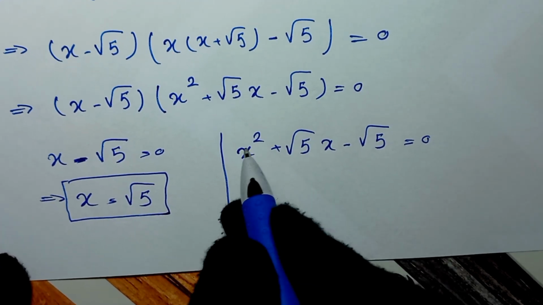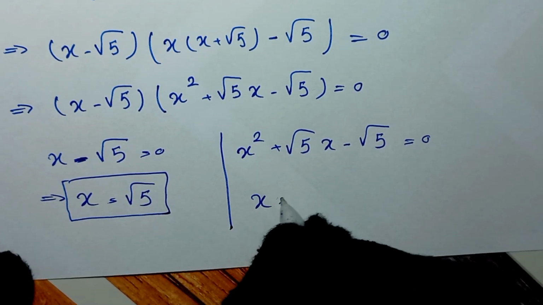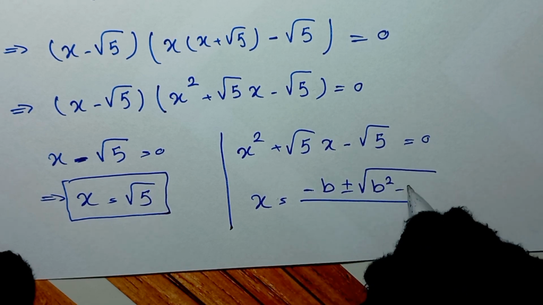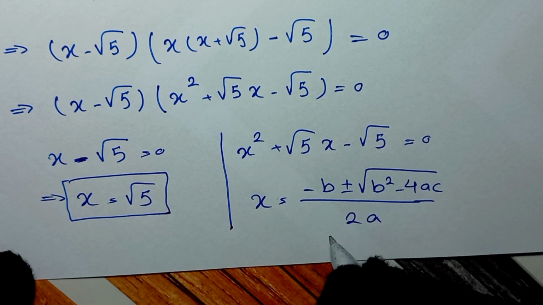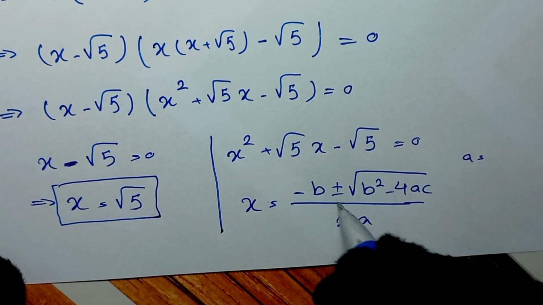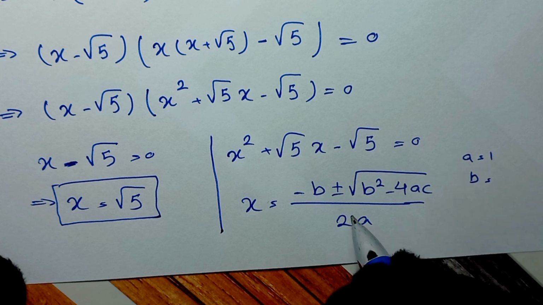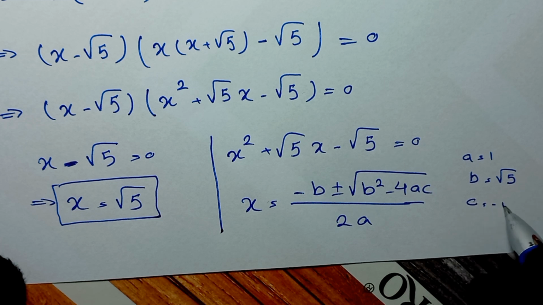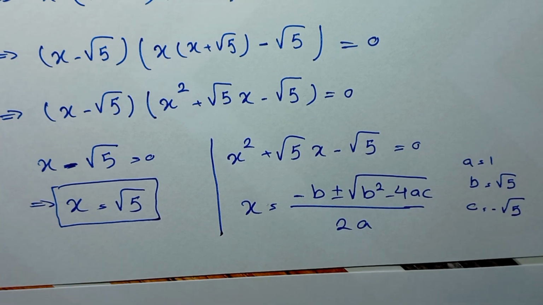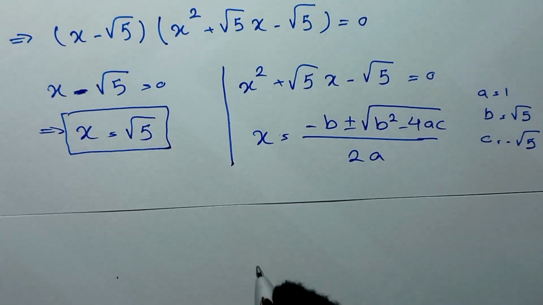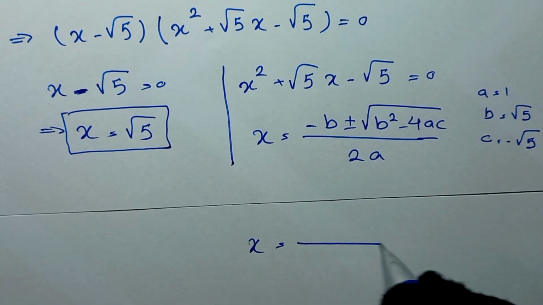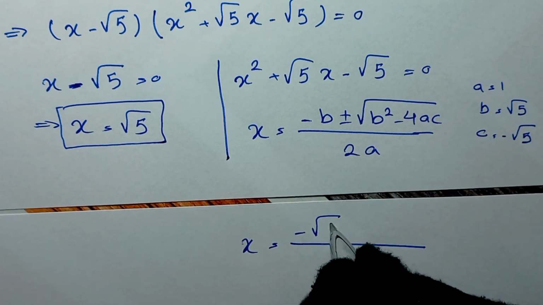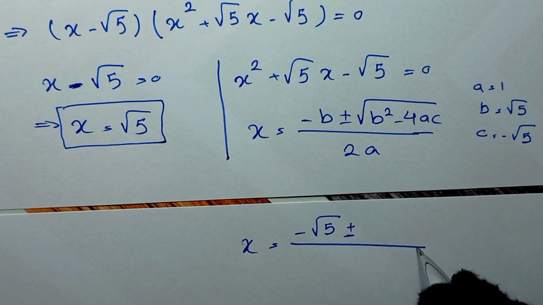And here, we use the quadratic formula, which is x is equal to negative b plus or minus square root of b squared minus 4ac over 2a. And from here, a, the coefficient of x squared, is 1, and b, the coefficient of x, is square root of 5, and c, the constant, is negative square root of 5. And here, x is equal to negative b, negative square root of 5, and plus or minus square root of